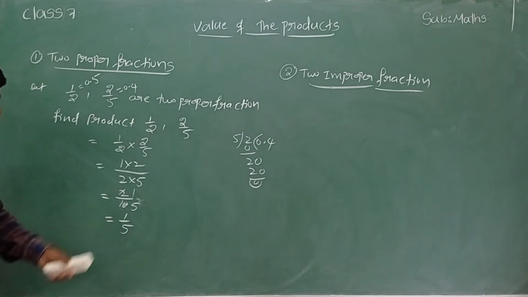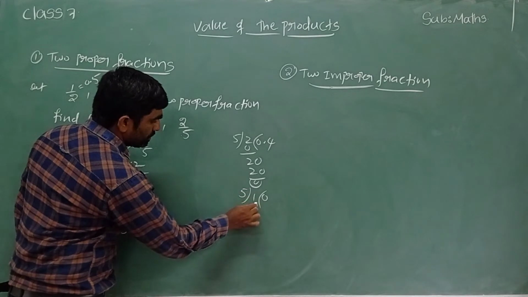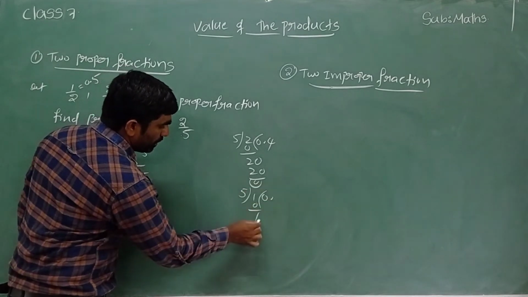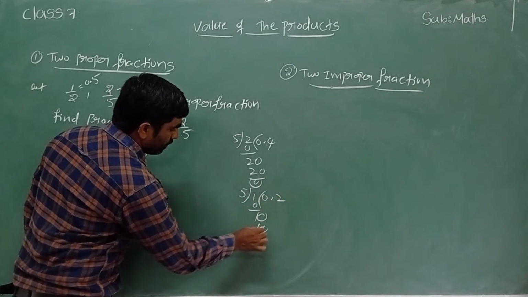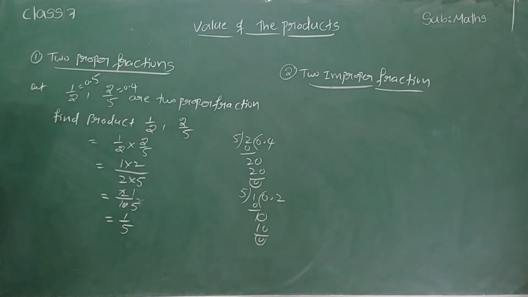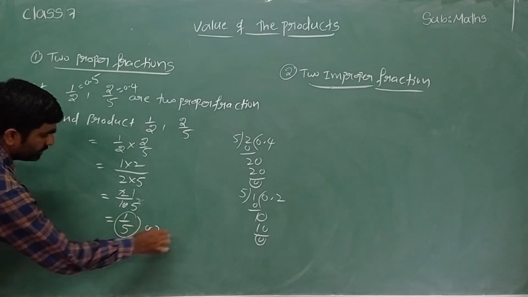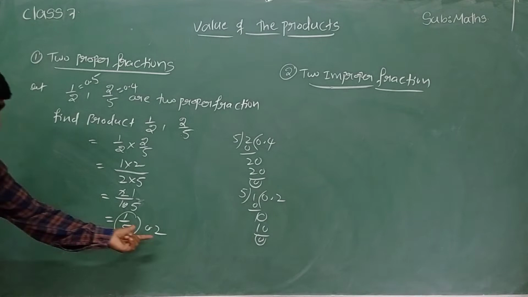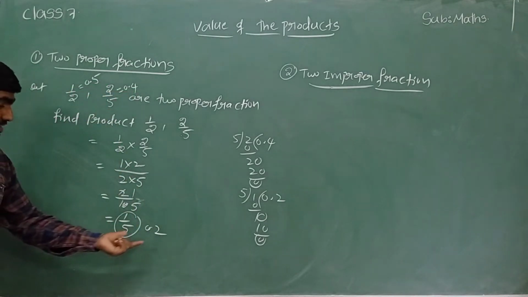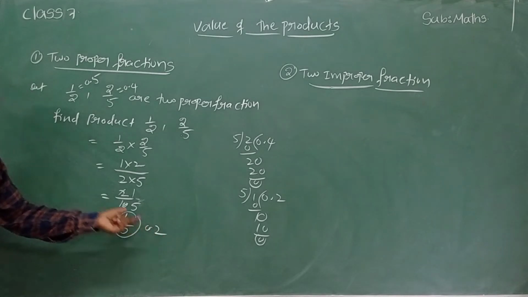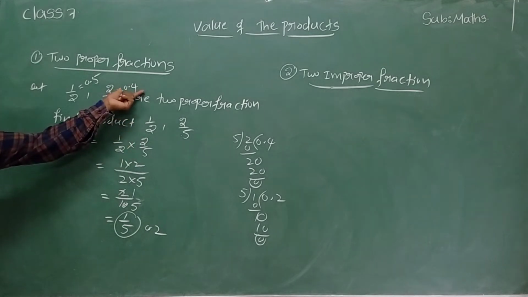Now see what is 1 by 5, its decimal form. 5 0s are 0. Decimal point, we take 0 in the quotient here. 5 2s are 10. What is the remainder? 0. So 1 by 5 is nothing but 0.2. Now see, is that 0.2 more than these two or less than these two? Yes, we can see that 0.2 is smaller than 0.5 and also 0.2 is smaller than 0.4.